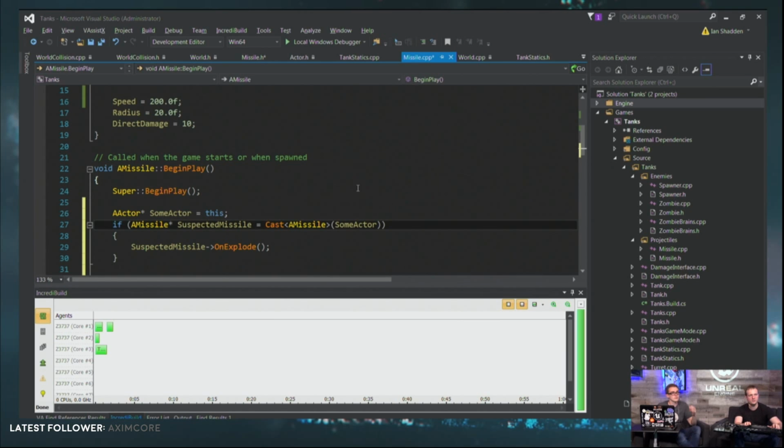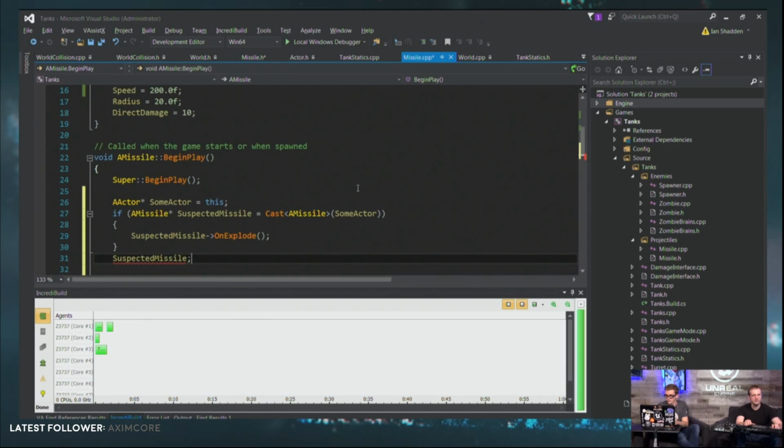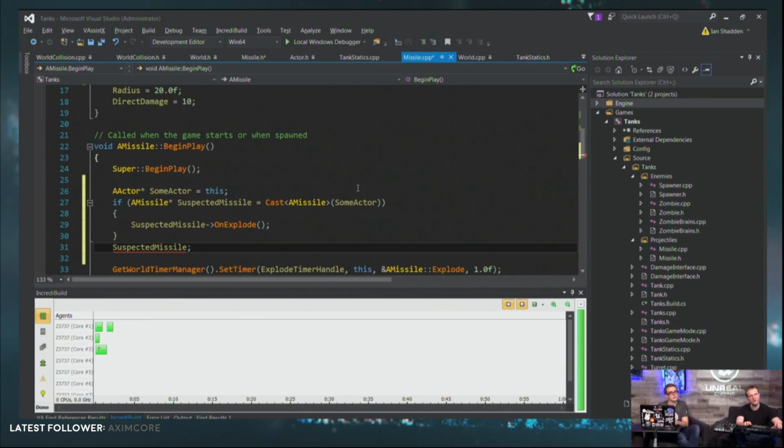Now the advantage of this is called scoping, which is that this variable is declared inside of these braces. So as soon as you go outside of those braces, it's gone. This variable, suspected missile, will only exist in here. So out here, it no longer knows what I'm talking about. It doesn't exist out here. So that's just a way that you can keep that really clean, and all your code that you would only do if it's a missile is in here. You can't accidentally refer to a null variable outside. All right.